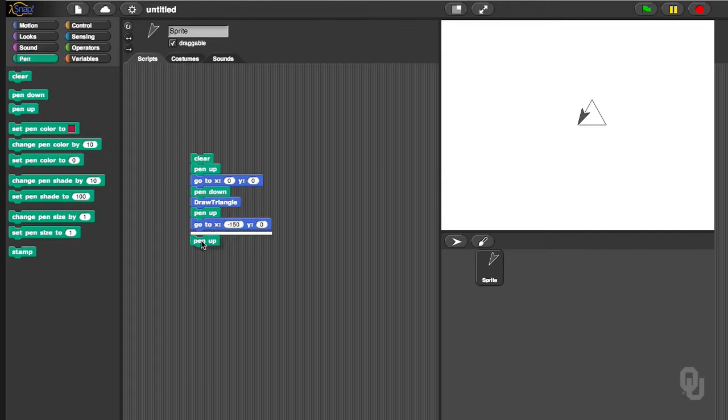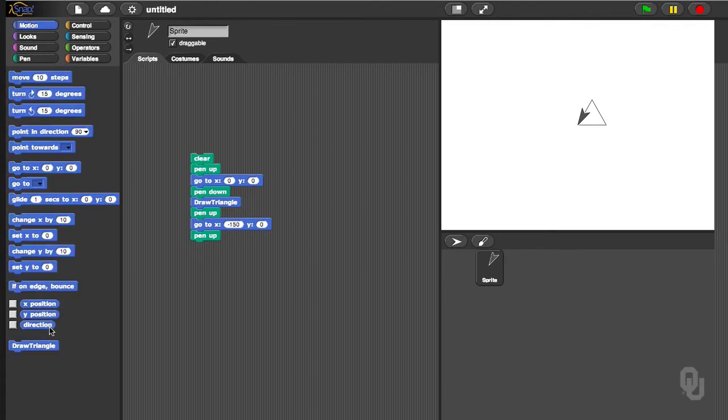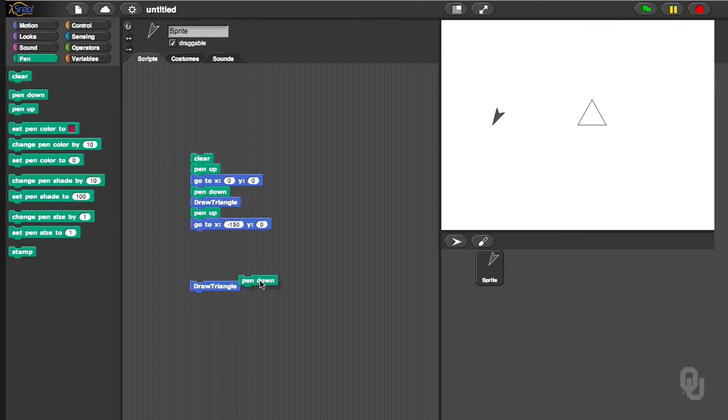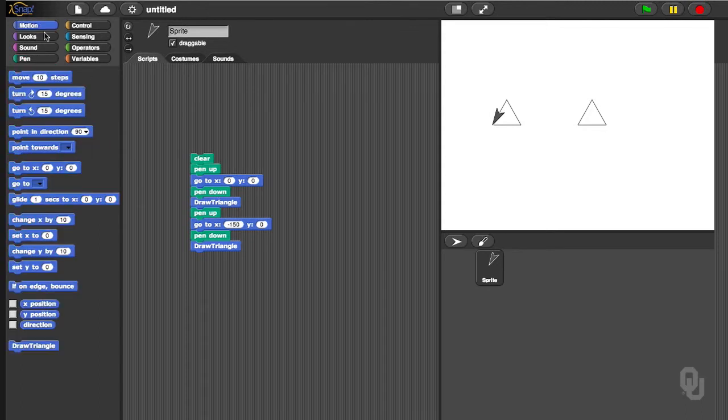Put the pen down and draw a second triangle. Of course, I put the pen up instead of putting the pen down. Grab the wrong one. Pen down, draw a triangle. Do that again. And now you get two triangles. So now this enables you to reuse a lot of code that you've already been writing, so you don't have